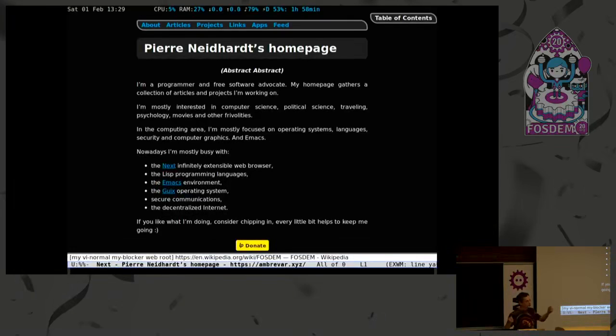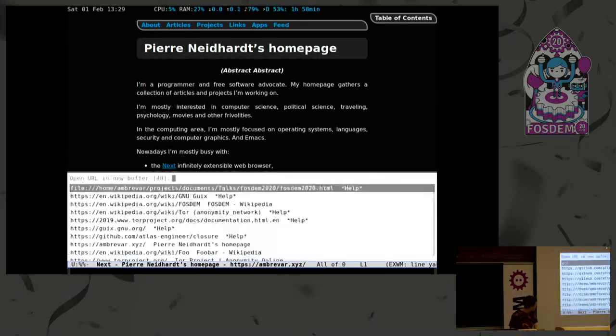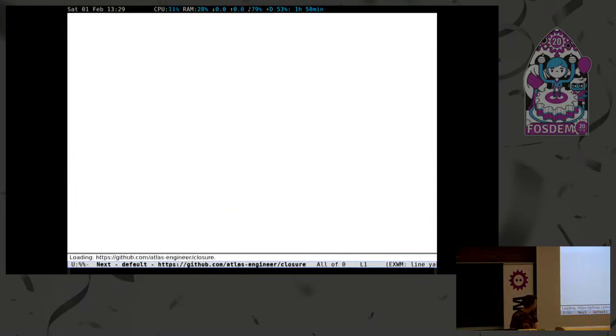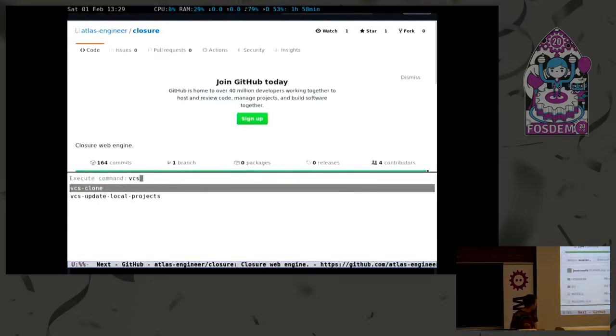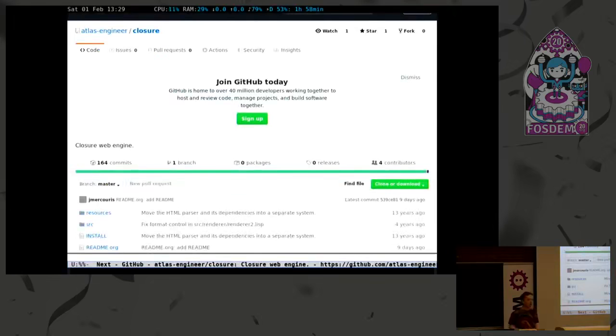If you want to hook onto Git, it's very easy. You go on whatever GitHub page, let's say this one, and here, if I call the command vcs clone, I've cloned a repository to my local project directory. It's very convenient. We would like to extend this a little more so that it actually updates the page at the same time to show you that you've cloned it, stuff like that.